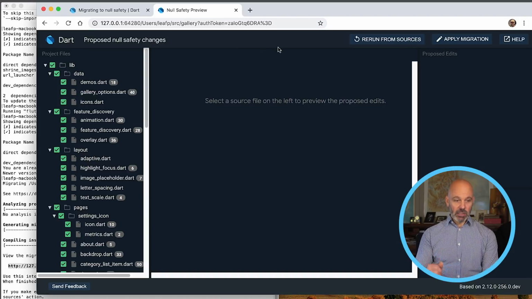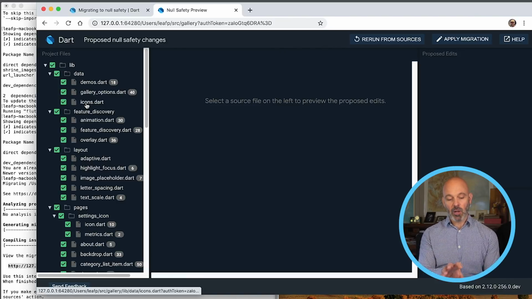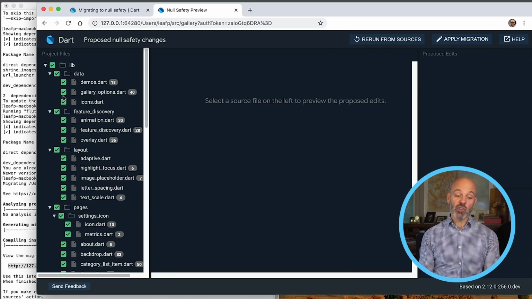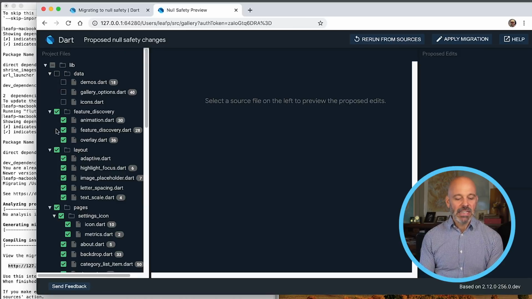So let's take a little look around the migration tool. If we look over on the left, we see a skeleton view of our code layout of our app. This is the app code over here. And there are little checkboxes showing which files we're choosing to migrate now. By default, you're going to migrate everything. But if for whatever reason you want to only migrate part of your app, for example, you want to split part of it off so you can send it off in bite-sized chunks to your reviewers and be nice to your reviewers, you can choose to deselect certain parts and select other parts.